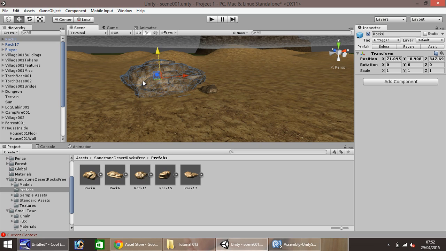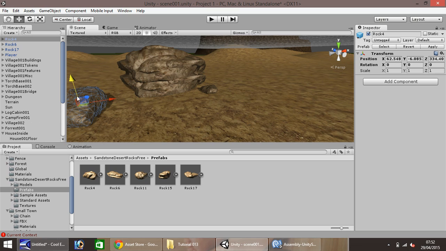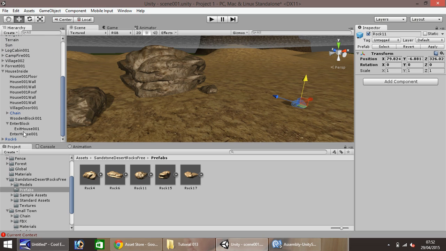So what I'm going to do now is duplicate that rock number 6 and just pull it up on top like that. Take rock 4 and just put it maybe about there. And let's take, I don't know, rock 11 and just put it over here. As you can see, now we have a few loose ends in our hierarchy. So if you just collapse house inside,